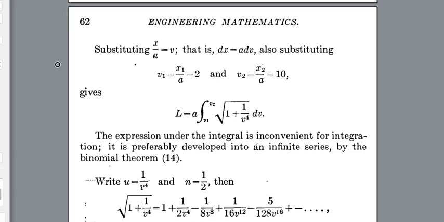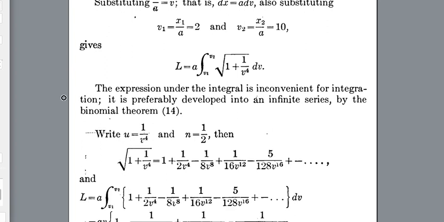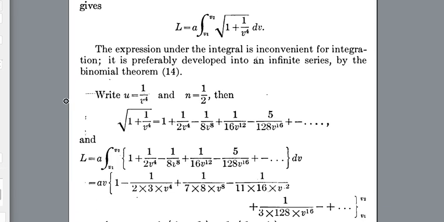Let u equal the fraction 1 divided by v to the power of 4, and n equal 1/2. Then the square root of the sum of 1 and the fraction 1 divided by v to the power of 4 equals 1 plus 1/2 times the fraction 1 divided by v to the power of 4, minus 1/8 times the fraction 1 divided by v to the power of 8, plus 1/16 times the fraction 1 divided by v to the power of 12, minus 5 over 128 times the fraction 1 divided by v to the power of 16, and so on. And L equals a times the integral from v sub 1 to v sub 2 of